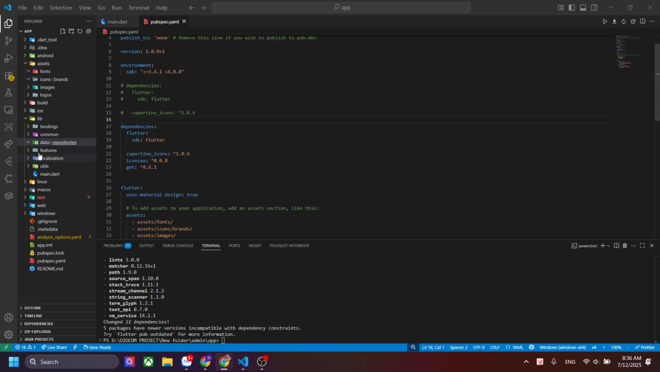and services. These both are going to deal with the cloud queries. Repositories are mostly dealing with Firestore and Firebase, and services are going to be dealing with APIs and payment services. Then we have features. Inside the features, we have the authentication feature,